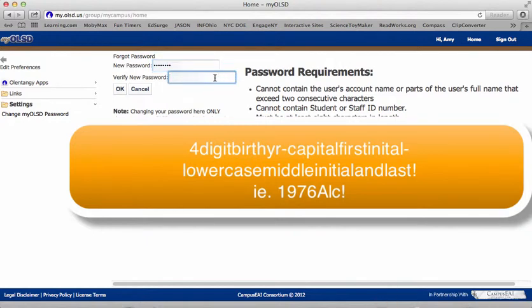Then again, you're going to retype it here. So again, the code is birth year, capital first initial, lowercase middle initial, lowercase last name initial, exclamation point. At that point, you're going to click OK, and it will resubmit the password, and your child should be able